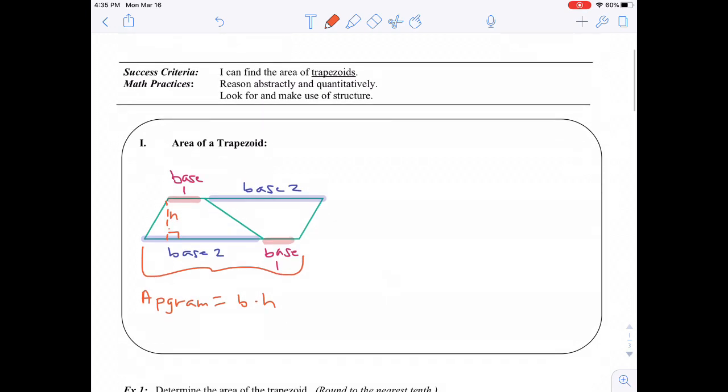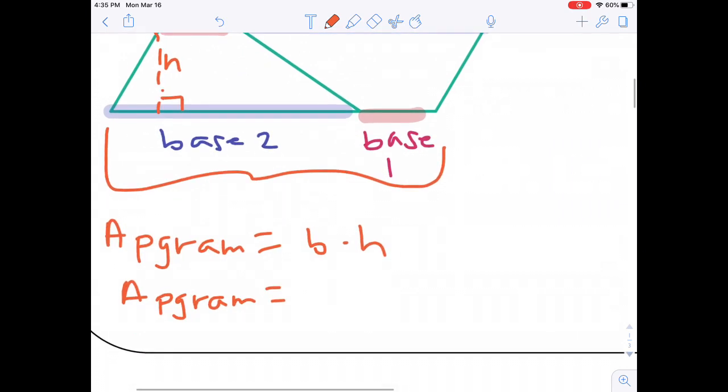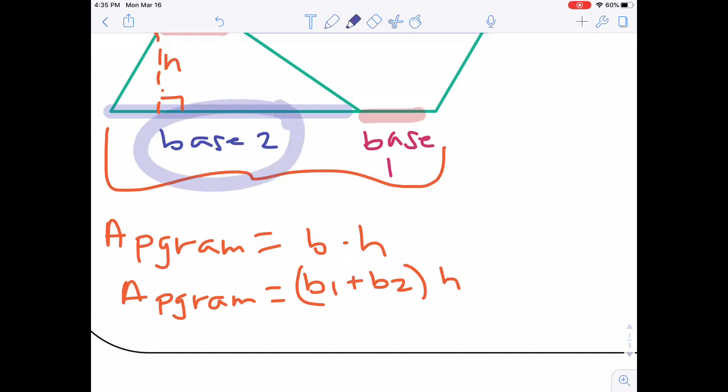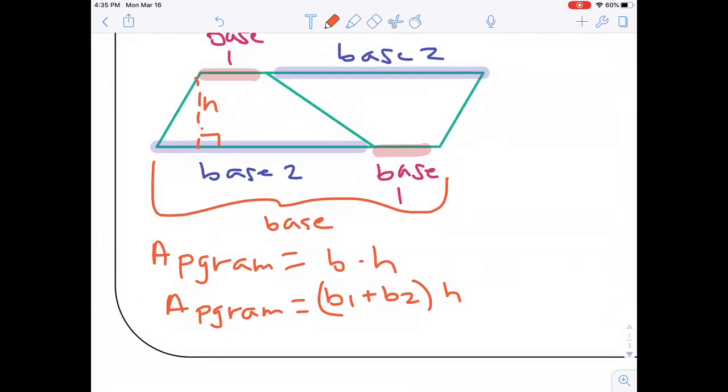Now, what is the base of this parallelogram really? It's base 1 plus base 2. Right? It's not just one of these, it's this one and this one. Total is the base of my parallelogram. So I would have base 1 plus base 2 times the height,